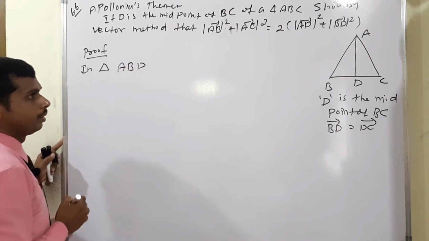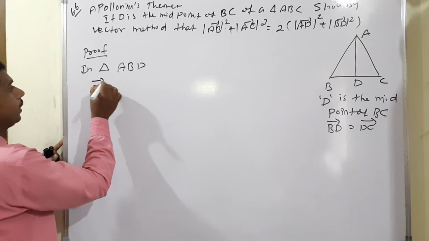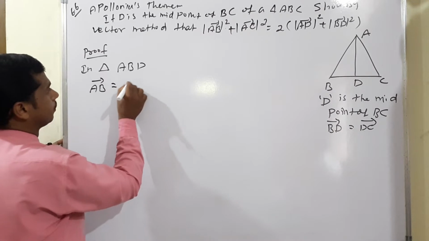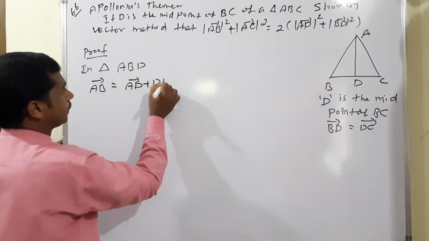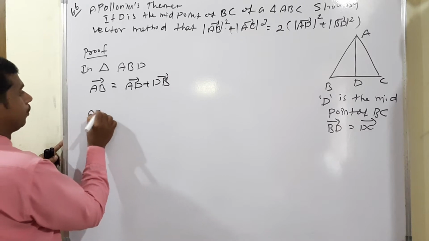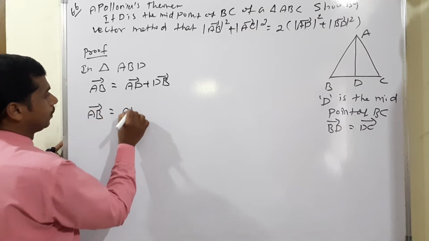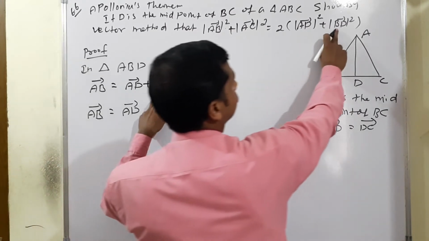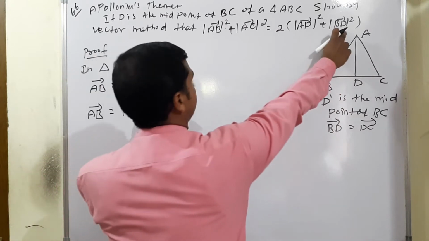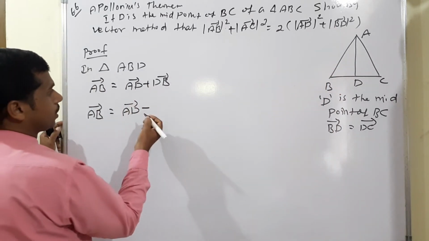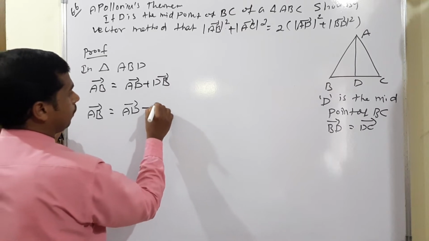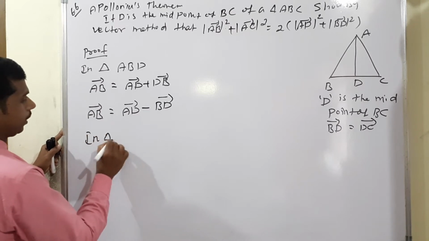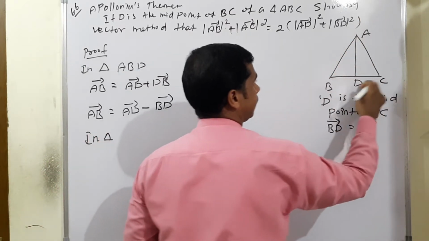triangle ABD means AB vector is equal to, according to the triangle law, AD vector plus DB vector. But we need BD on the right hand side, so just interchange the sign: DB we can write as BD vector. This is one condition. Next, in triangle ACD,